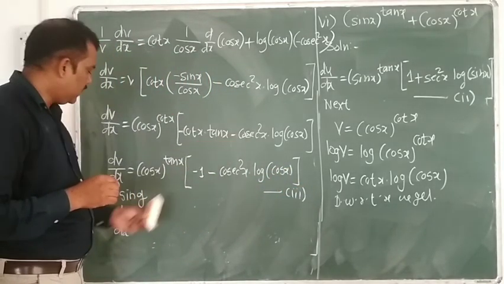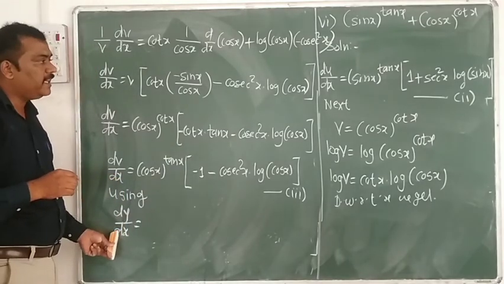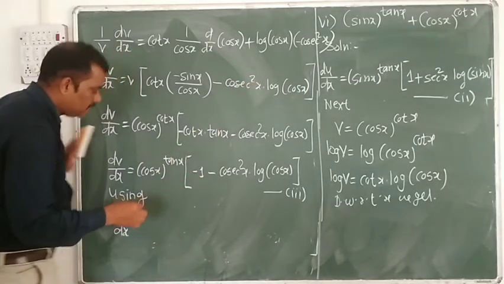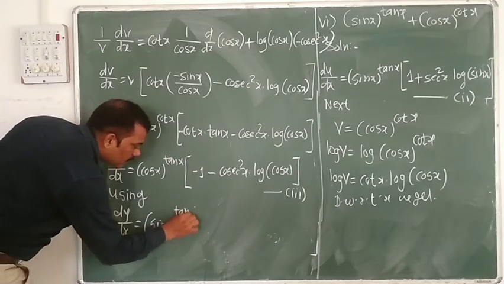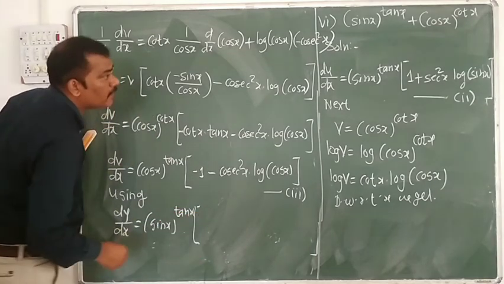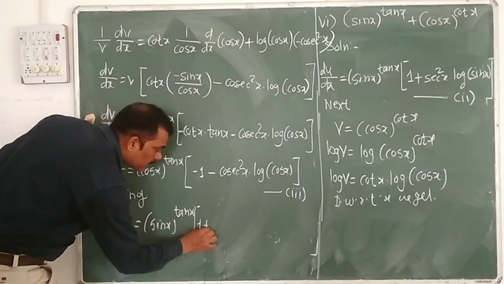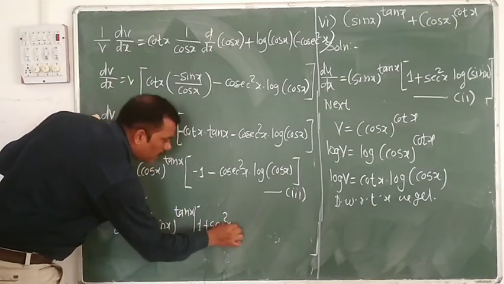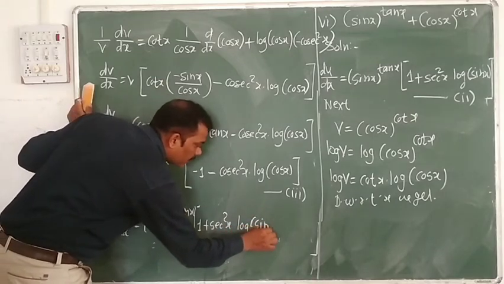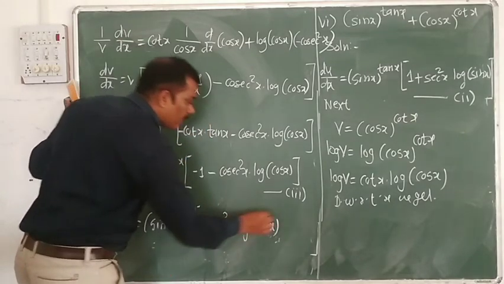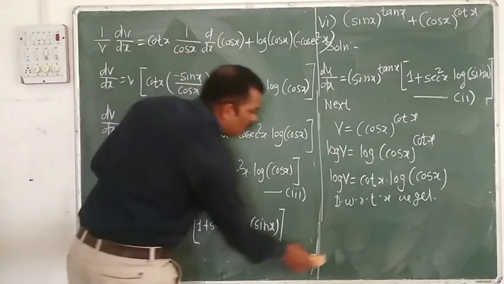We have to use the second and third in the first, that is dy by dx is equal to du by dx, which is sin x raised to tan x into bracket 1 plus sec square x into log of sin x, bracket complete,